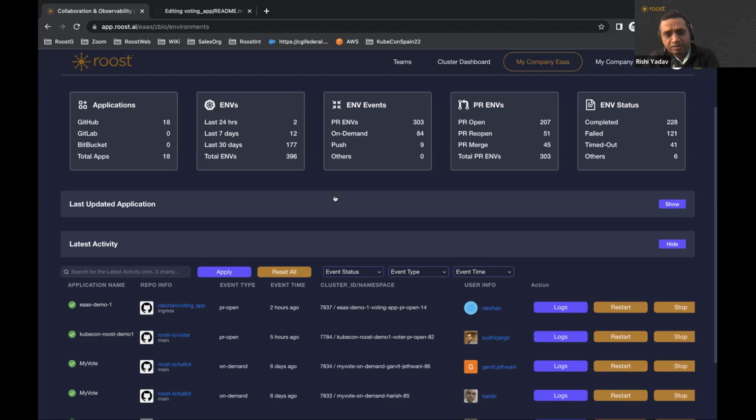Kubernetes is not a requirement, not at all, but containers are. So basically, our platform is made for modern applications, right? This question comes to us all the time: do you work with legacy apps? If the applications are not containerized, we do have a services division which can help you containerize them.